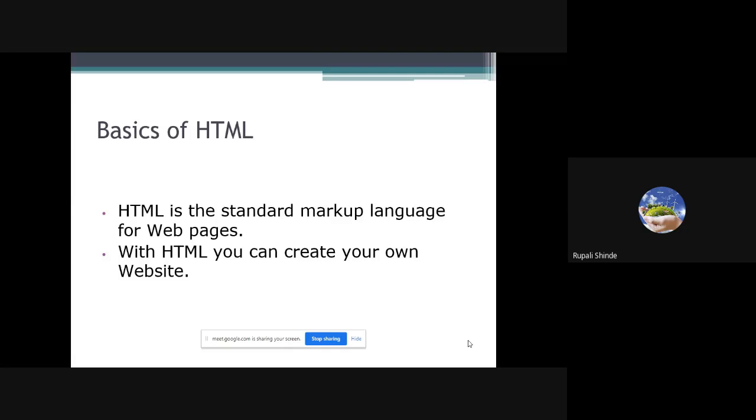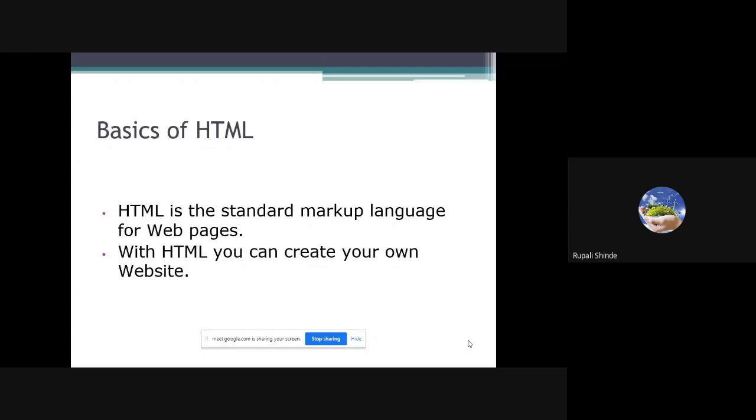I think everybody knows what web technology means and what its use is. Web technology is a technology, or we can say a language, with the help of which we develop web applications. Everybody knows what web applications are. We launch them on the server, and after that everybody can access your web applications through the server.